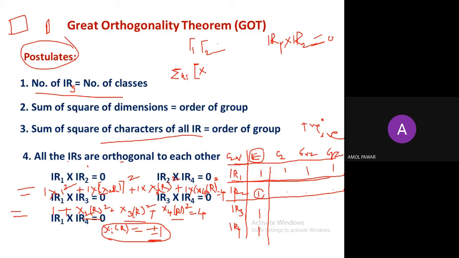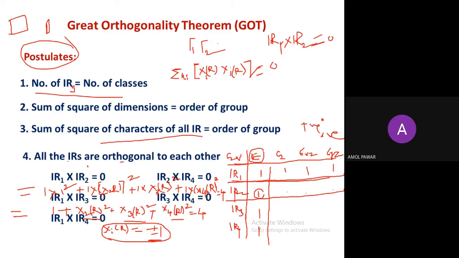into character of irreducible representations into character of, I can write here, chi i and chi j, into irreducible representation is equal to 0. Okay, summation of Ni. N is here the coefficient of class here. Okay, 1 1 1 1. Character i of irreducible representation into character j of irreducible representation.